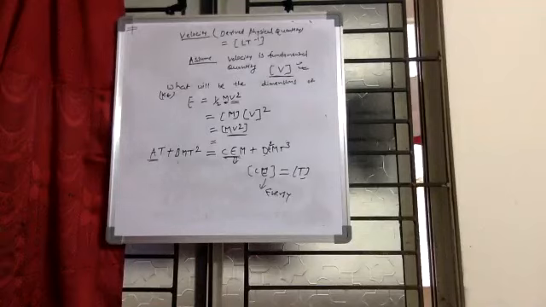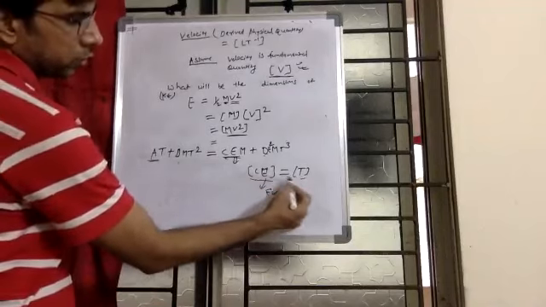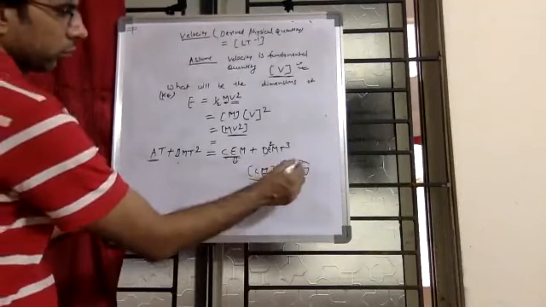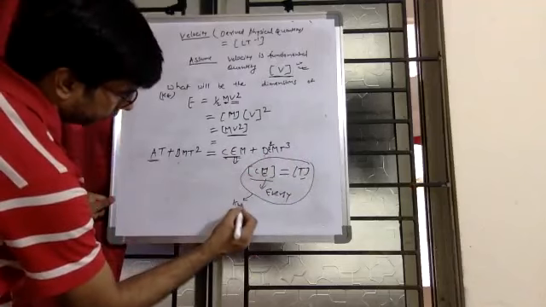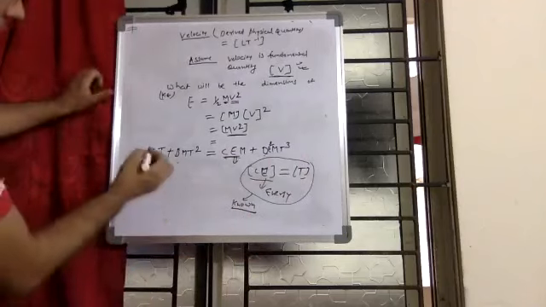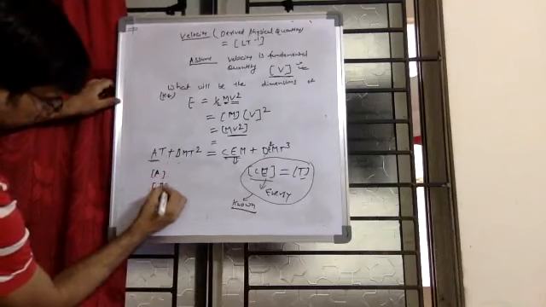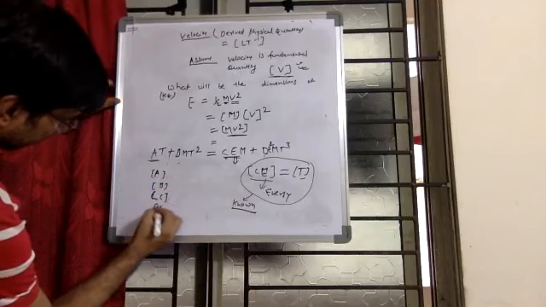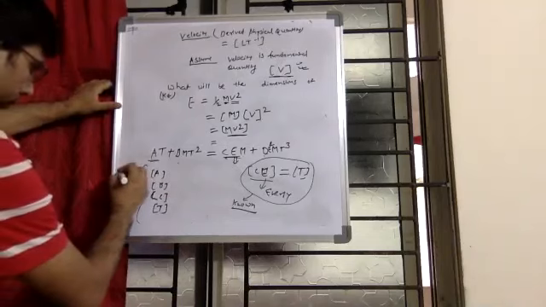Okay, great. Here, just two things. We know that the dimension of C is T and E is energy. These are the knowns. Based on that, you have to find out the dimension of A, dimension of B, dimension of C, dimension of T. We have to find this out. These are unknown.